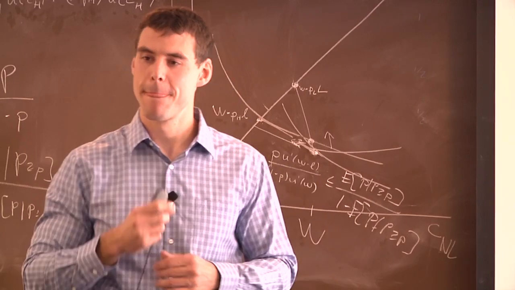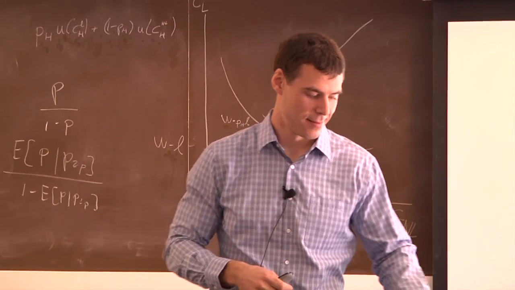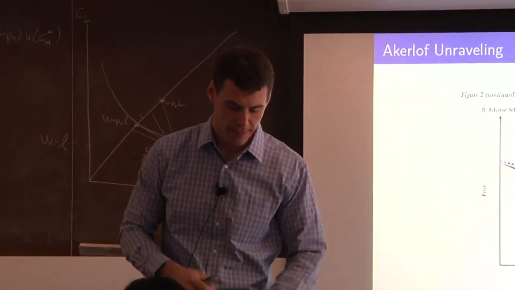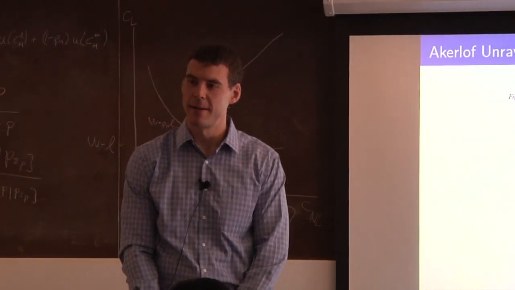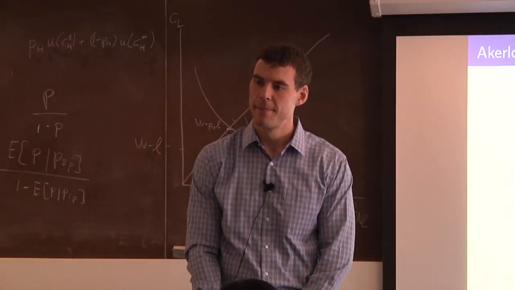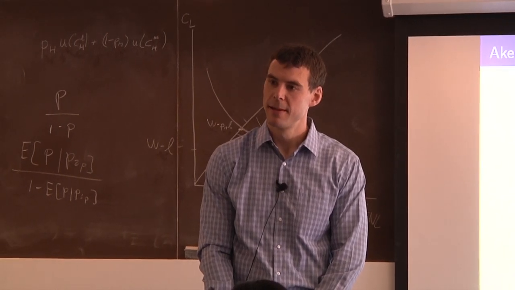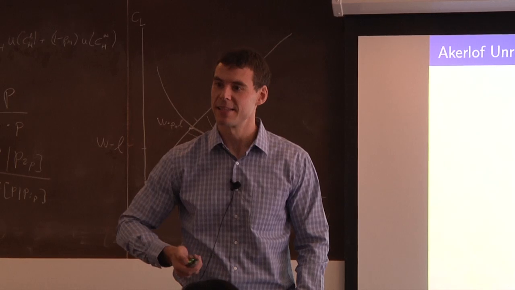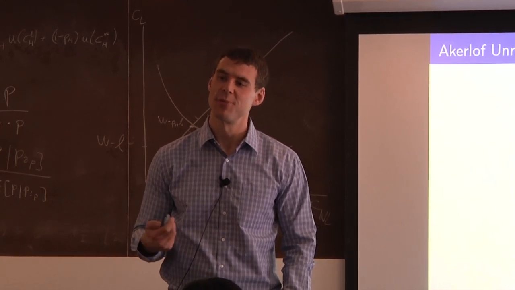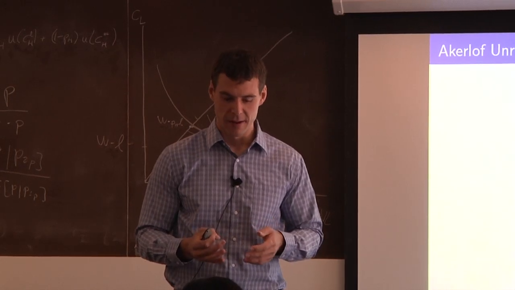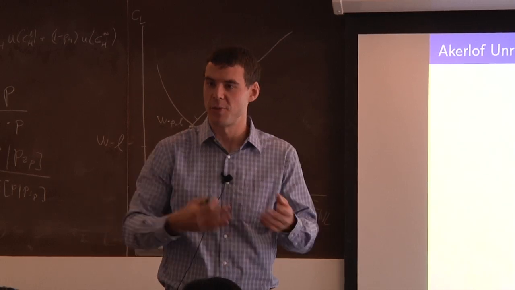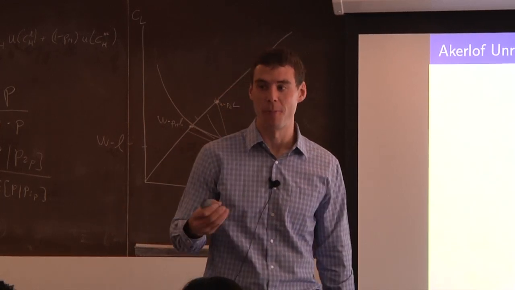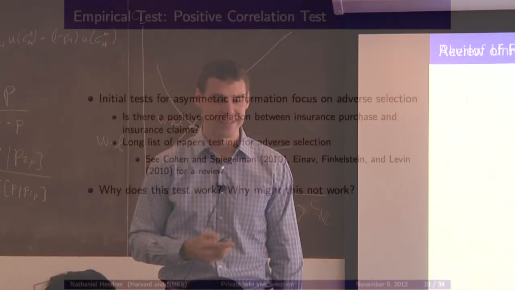And yeah? So in both of these models, the source of the inefficiency has to do with the low risk type, right? Those people are underinsured or outside the market. Is that, in practice, do we see that? It seems that intuitively we would. So that's the test. You're exactly right, it's a great segue. So that's the essence of the positive correlation test, is do you see a correlation between the costs imposed on the insurer and the choice of the insurance contract? In other words, do we see that the low risk guys don't buy insurance, or don't buy as much insurance? That's exactly, great segue.